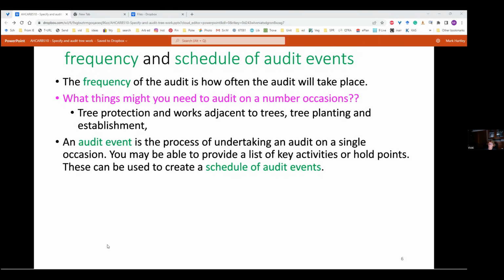Mark, can I ask, what do you do if they haven't alerted you to one of the hold points when you're supposed to be there and it's passed? Oh, Vicky, I haven't got the answer to that. Some builders are slimy. How's that for an answer? Yeah. And there's nothing you can do. I mean, I recall once I was appointed as the project arborist on a site in Holroyd. We've done the first one, we've done the sign off.